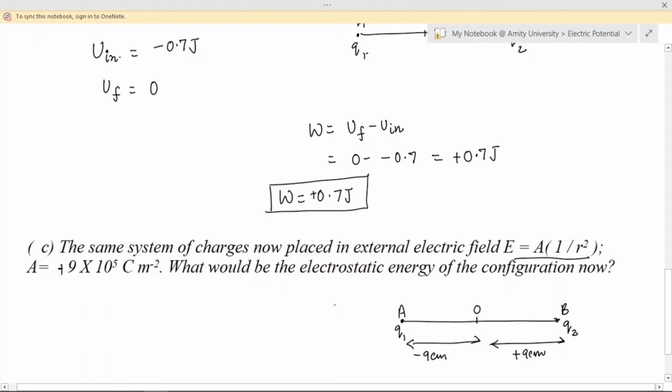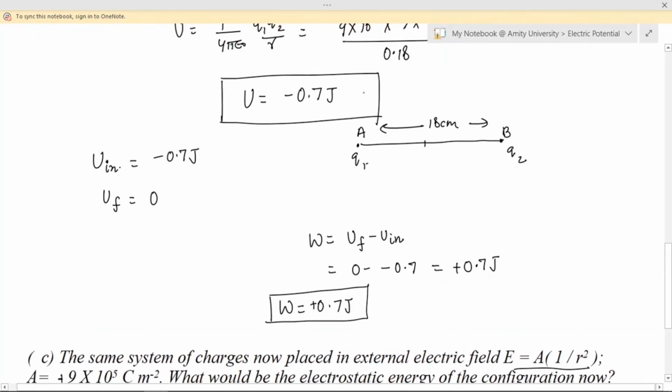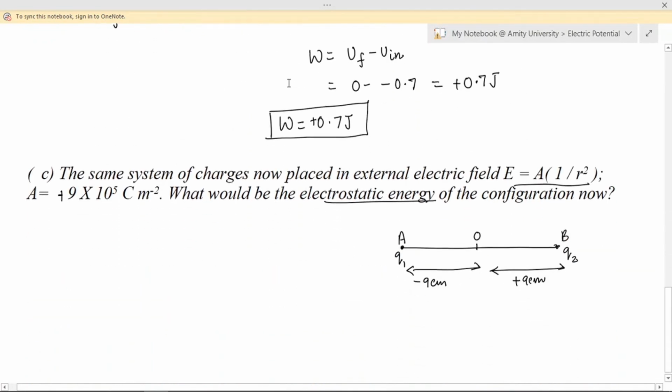Now, what is the electrostatic energy of the configuration? Obviously, the electrostatic potential energy will now have two more terms in addition to the previous work done. Previously we calculated the potential energy due to the mutual interaction of the two charges, the initial energy of minus 0.7 joules. This electrostatic energy was due to the mutual interaction of the two charges. It remains the same, but in addition to this,